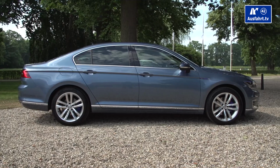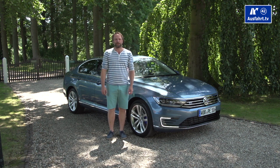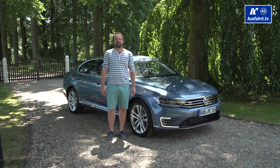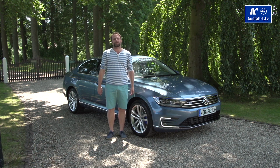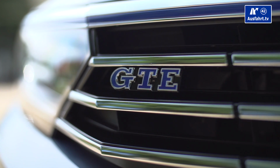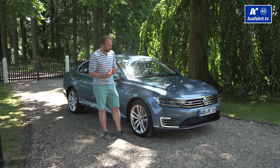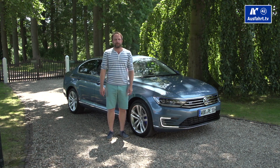They expect that this year over 200,000 plug-in hybrids will be sold worldwide over all brands, and they expect that in 2018 it will be 4 times as much, so nearly 1 million plug-in hybrids. And thinking about the near future, they expect in 2022 already 3.3 million plug-in hybrids on the market to be sold each year. So it makes sense for us to look at their flagship, the Passat GTE, and we are